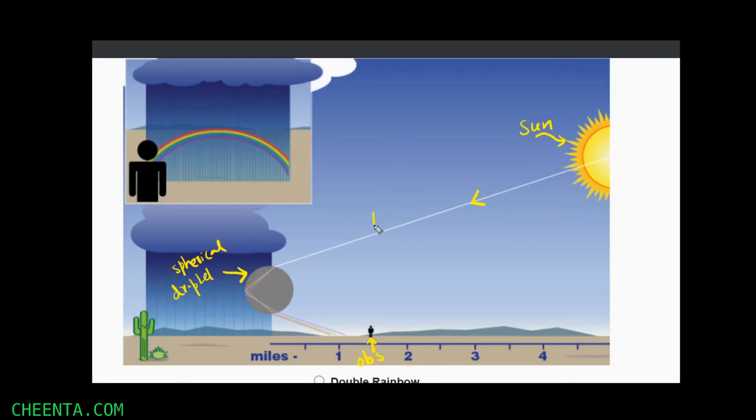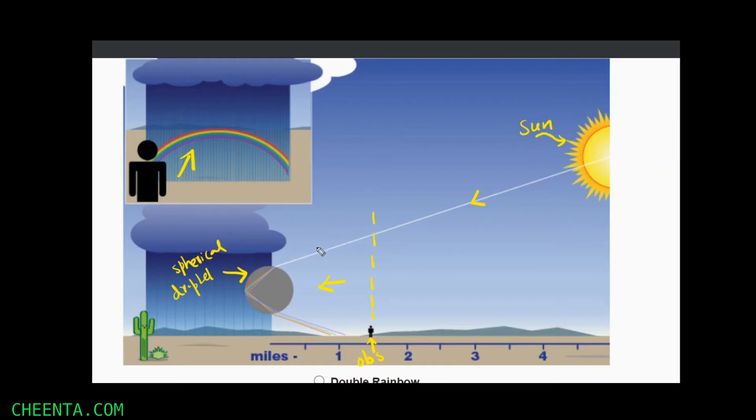Now there is an important observation here. For the observer to be able to observe the rainbow in front of him, that is in this direction, the sun has to be towards his back. That is, if the person is facing towards the rainbow like shown here, the sun should be towards his back. That means that if I consider the person as the origin, then the rainbow and the sun will be on opposite sides of each other.